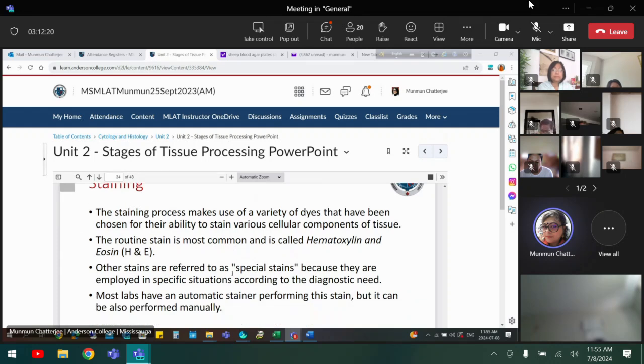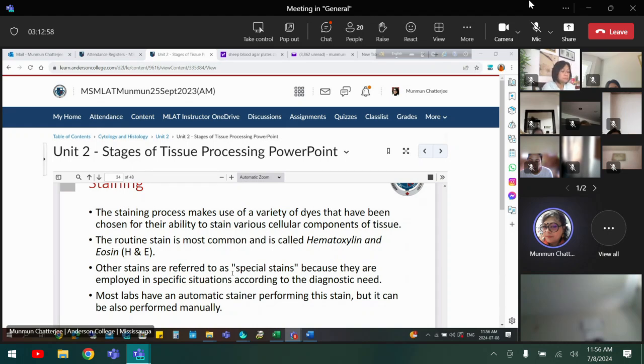Next, staining. The staining process makes use of a variety of dyes that have been chosen for their ability to stain various cellular components of the tissue. So there are different types of dye, and you are going to use the dye according to which cellular component you are interested in or need to stain for the diagnosis by the